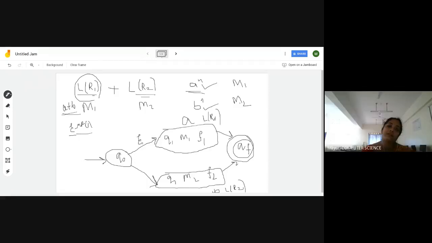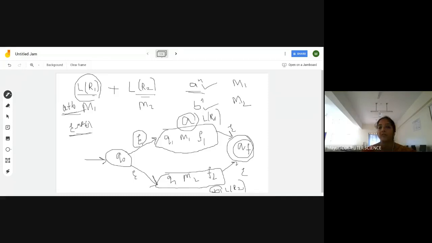Epsilon. Very good. Epsilons, because I'm not consuming anything, so it never affects the value. Since I'm constructing epsilon NFA of A, the empty transition will have an epsilon, because without consuming anything, I may accept either A or else I may accept B. So this is the way you construct A plus B.